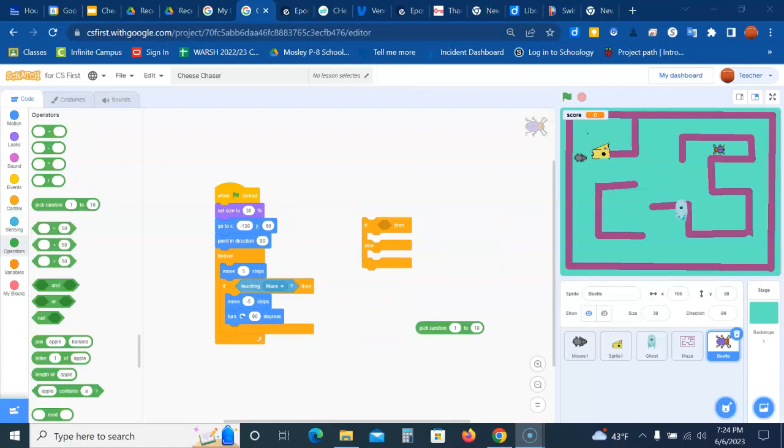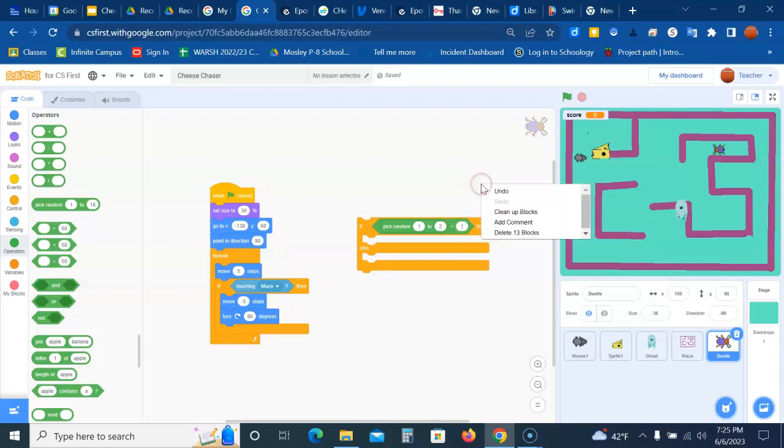So it's saying if this is happening, okay, but if something else is happening, well, let's choose something else. So this is where it gets a little tricky. We're going to pick a random number. So I'm under operators, I'm pulling out the pick random from 1, and I'm going to make it to 2. Pick a random number from 1 to 2, okay? What I want is in my if-then statement, we need an equals. I know this looks weird, but this is basically saying, if the random number that is picked from 1 to 2 is equal to 1,